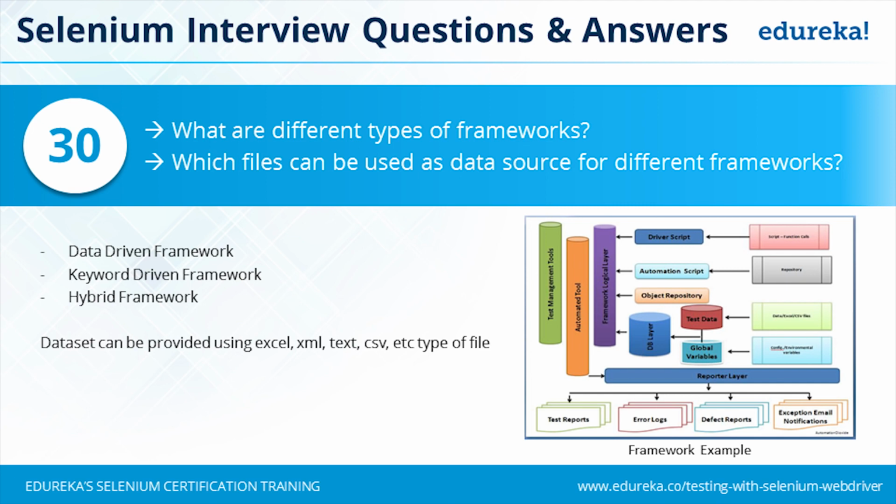Then you have the database layer. So database layer is something from where your data comes. So it can be global variables, it can be test data. So test data can be stored in different types of files, that is data files, Excel files, CSV files, and so on. And your global variables can be stored in configuration files, they can be stored as environment variables. So all these variables and database layer will take care so that they are provided to your script as and when required. So whichever component demands something from another component, the framework logical layer will take care to provide that particular data or variable to the demanding component.